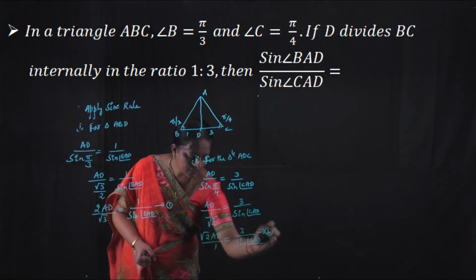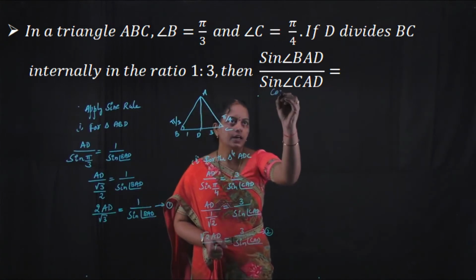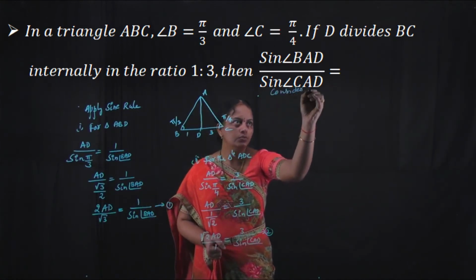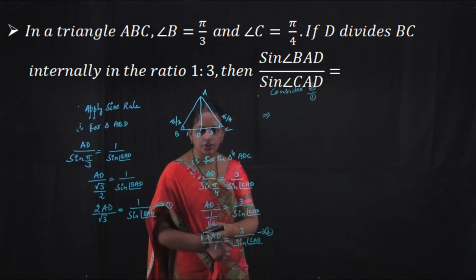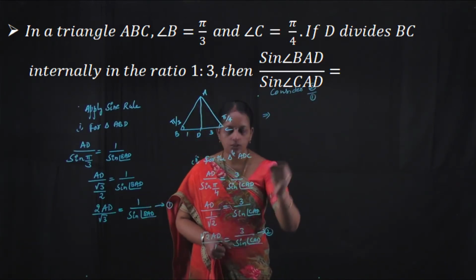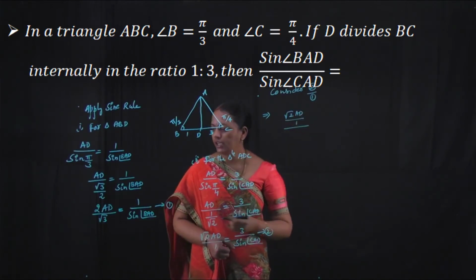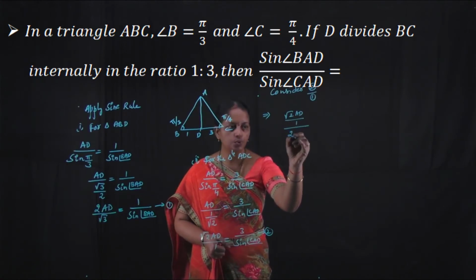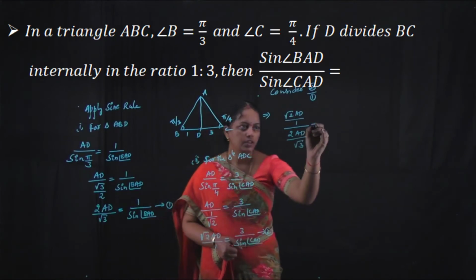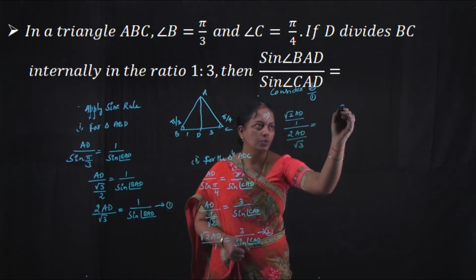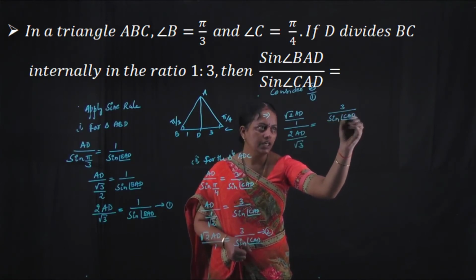Let it be equation 2. Okay, consider equation 2 by equation 1. Equation 2 means root 2 AD by 1, and in equation 1 we have 2 AD by root 3. So root 2 AD by 1 divided by 2 AD by root 3 is equal to, from equation 2 we have 3 by sine of angle CAD, by